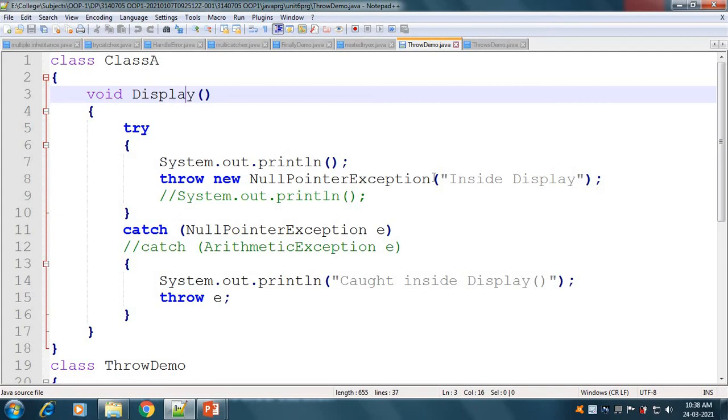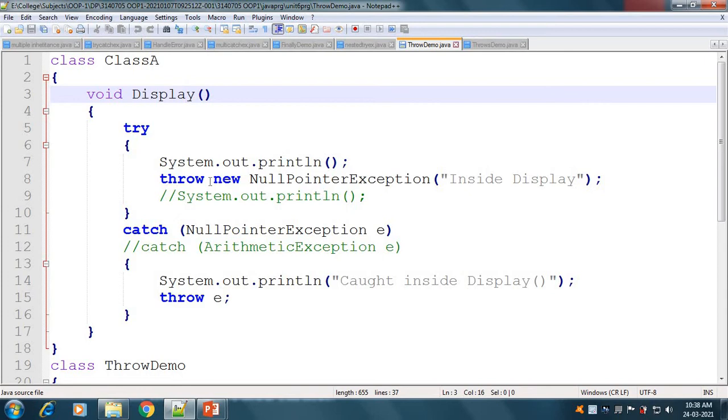Okay, so you can see here that without checking any condition we have thrown an exception. Here there is no index out of bound, no divide by zero error, no error, no exception at all. Still, we can throw our exception explicitly anywhere.